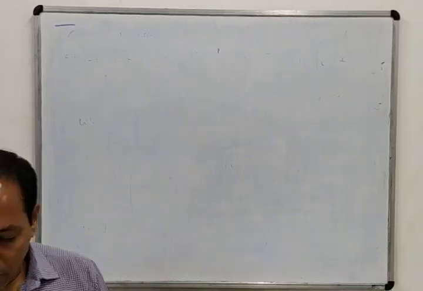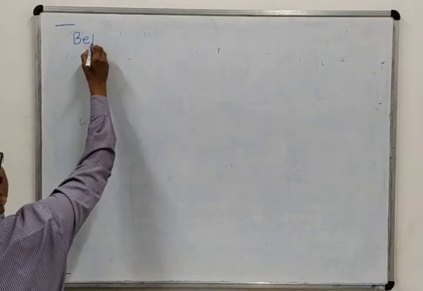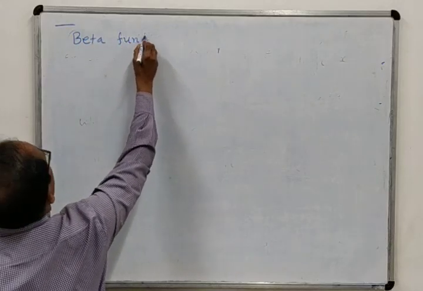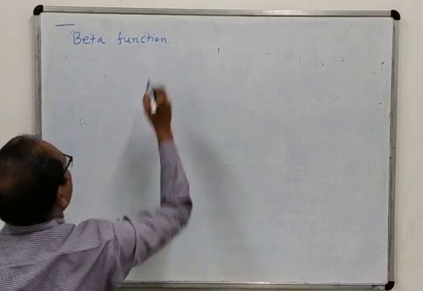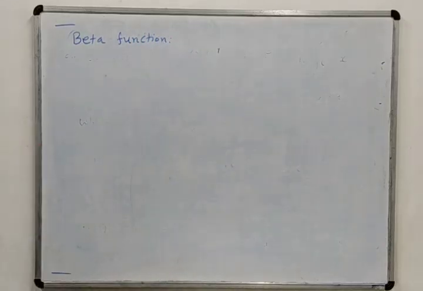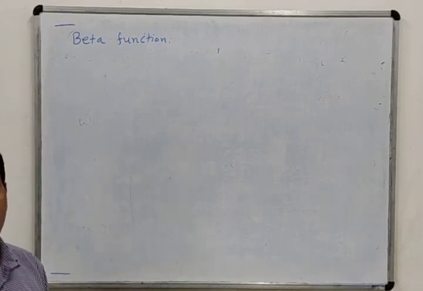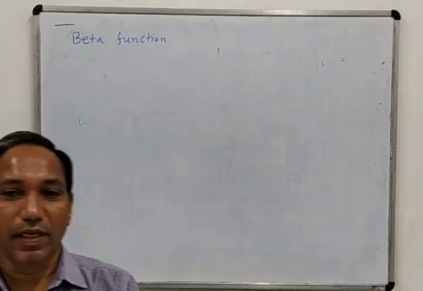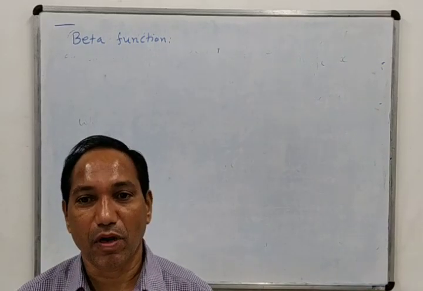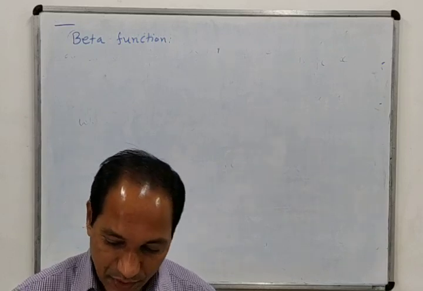Now, before looking at a number of examples based on gamma function, we will discuss beta function. Then we will see its properties as we have seen the properties of gamma function. After looking at properties, we will derive the relation between beta and gamma function. And after deriving the relation, we will solve a number of examples based on both